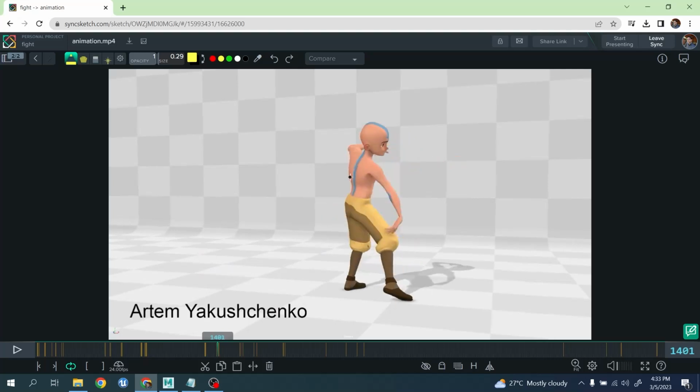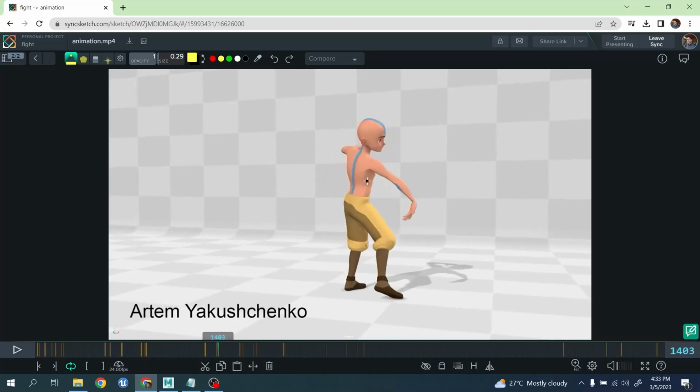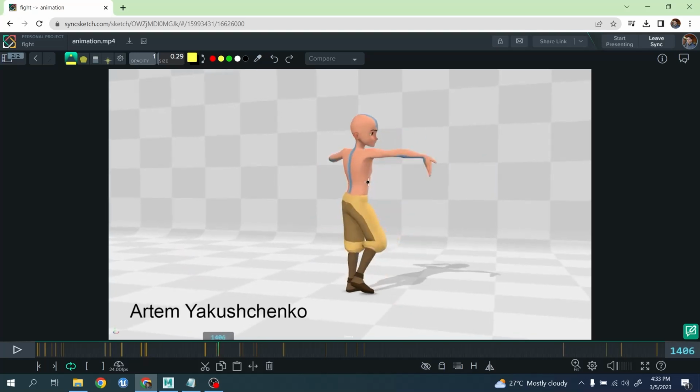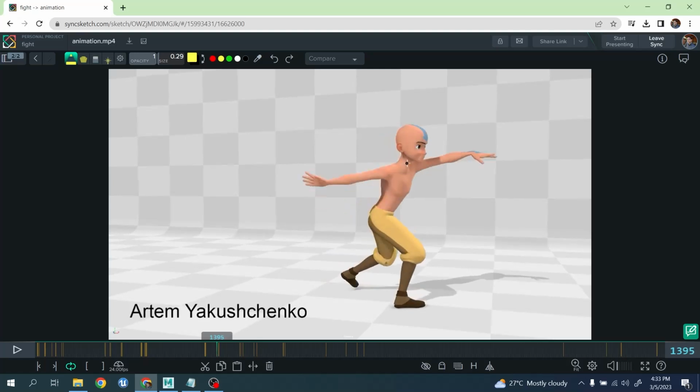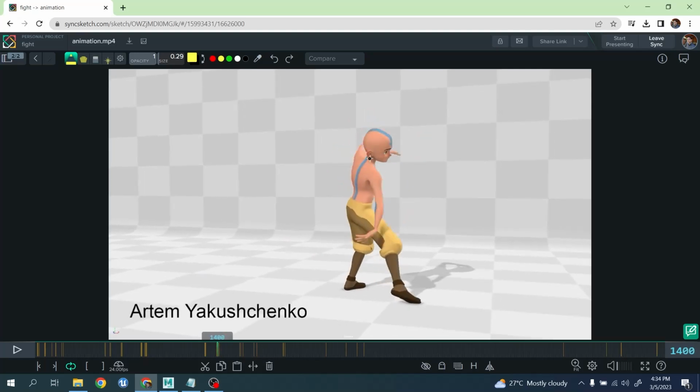Same thing over here, boom. Again, look how the rotation of the torso helps make this arm movement a lot more organic. And now this arm is kind of going from here to here, you know, boom, right? See,